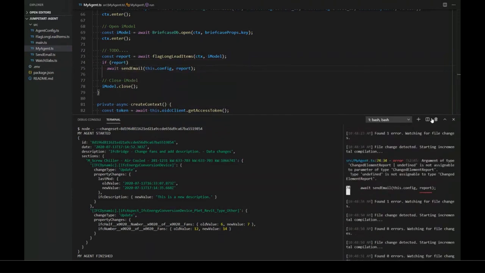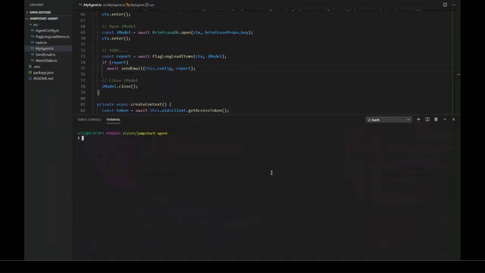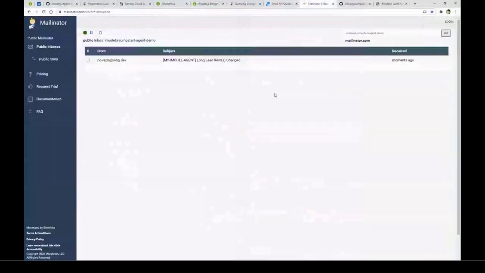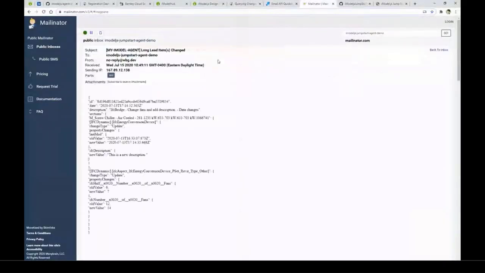What's going on with my console here? So let's come back to a new console, and we'll just do node dot dash dash change set equals. I will paste my known change set ID in there. Now, when I run this for that change set, I come back to my email account, and I've already got